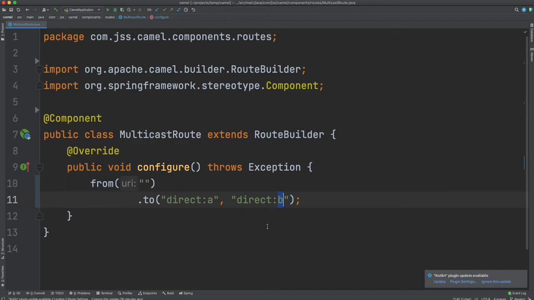Plus things are sequential. So the use case we have in mind here is that I'd like to receive a message, but broadcast it, whether running sequentially or in parallel, because multicast supports both of these options. But I do not want that message to be modified.